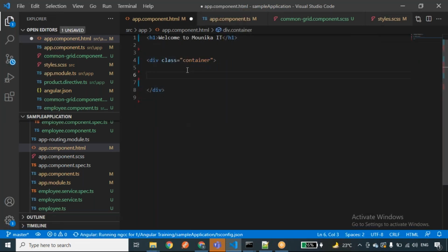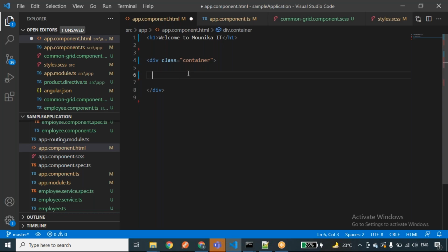Now I want to create the employee registration form. For example, you are going to apply for a job, so you want to fill the job application form. We can consider it as a job application form, where you need to provide different fields like full name, phone number, email address, and the city. We are going to see the different form fields.